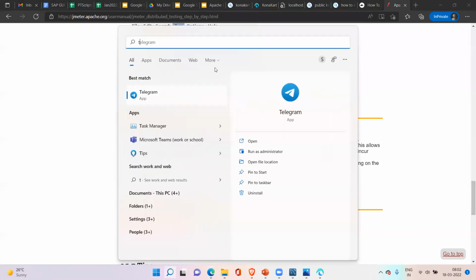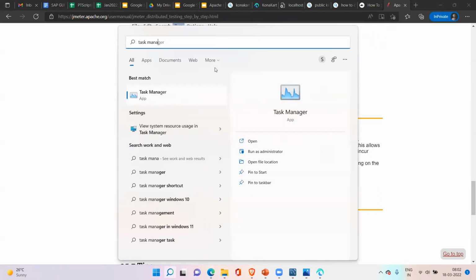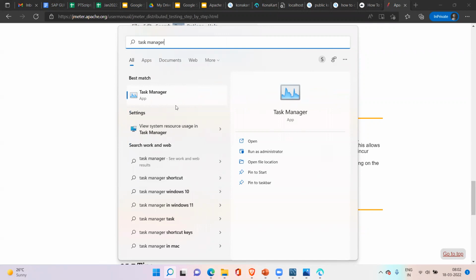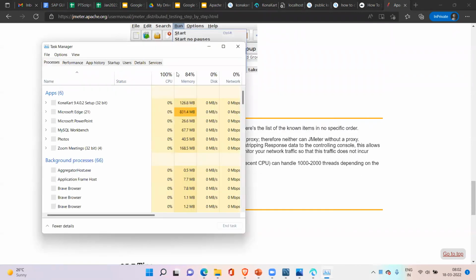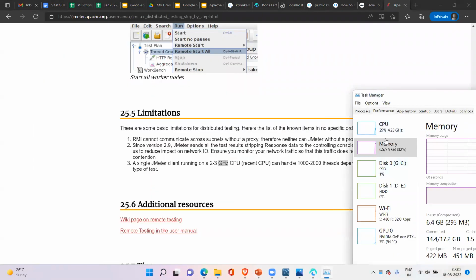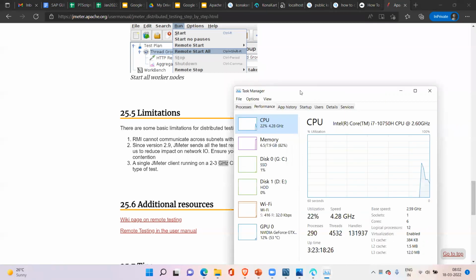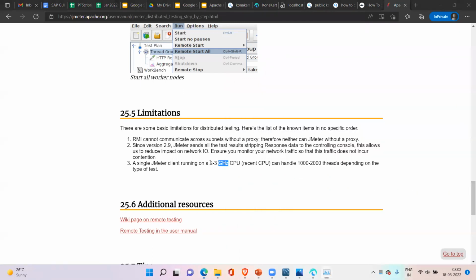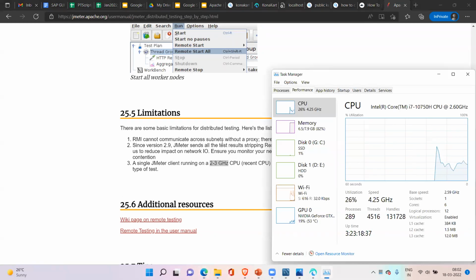Okay, I'm new to Windows 11, sorry for that, I did not use 11 till now. If you go to Performance and CPU, this is your clock speed: 2.6 gigahertz. Observe here, they're talking about 2 to 3 gigahertz, so this CPU falls under this bracket.